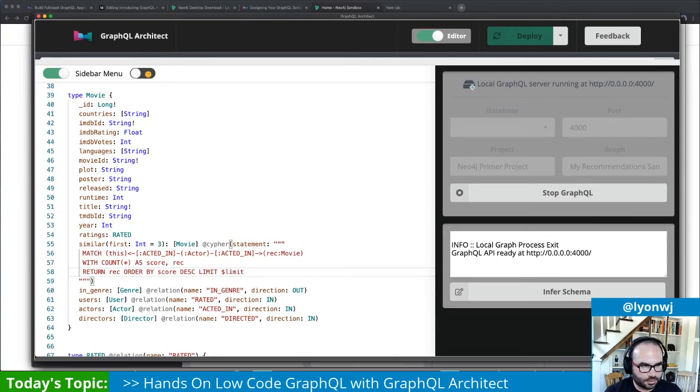So does that look right? So match this node, find actors that have acted in this movie, find other movies they've acted in, count the number of overlapping actors as the score, group by, do an aggregation here on the recommended movie, return that movie, which matches our return type here,